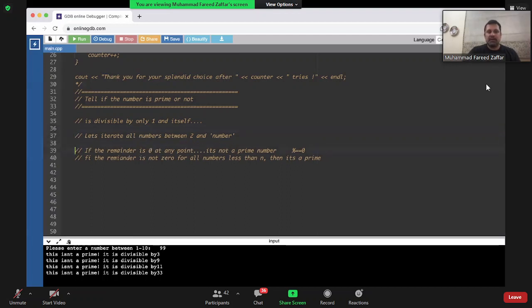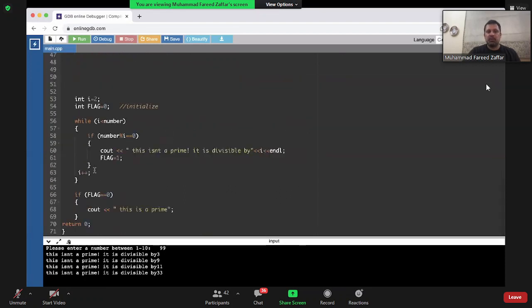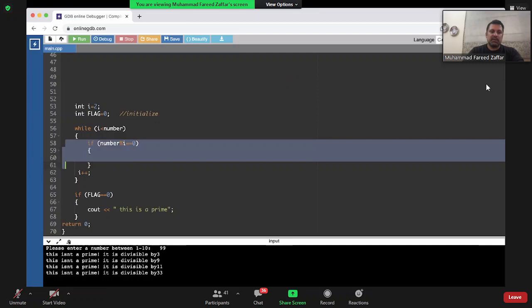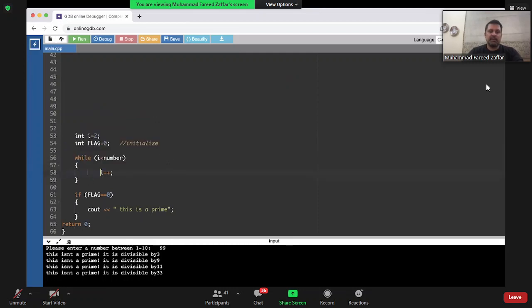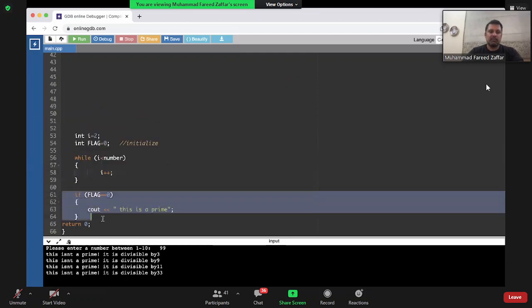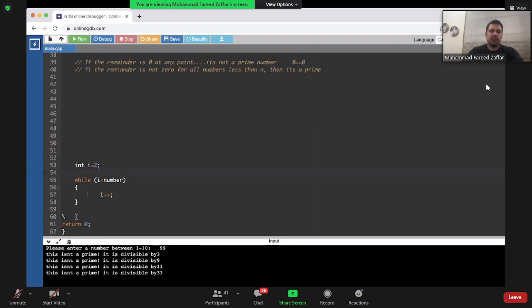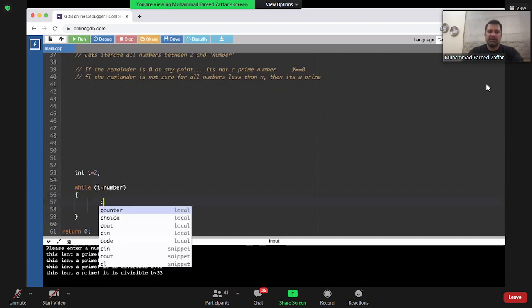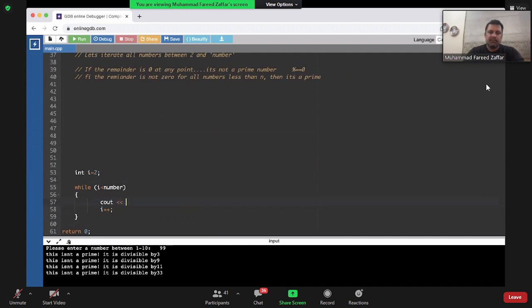So हमने क्या किया, पहली चीज हमने लिखी, let's write a loop that goes from 2 all the way to that number. सबसे पहली चीज हमने ये की कि हमने एक लूप लिखा that's going to go from 2 all the way up to number. और वो हम लूप चला के देख लेते हैं कि सही चल रहा है कि नहीं. So ये मेरा लूप जो है 2 से लेके उस नंबर तक प्रिंट कर देगा.